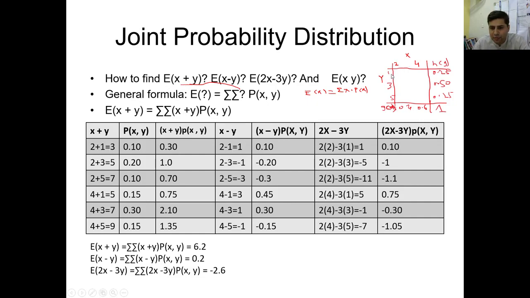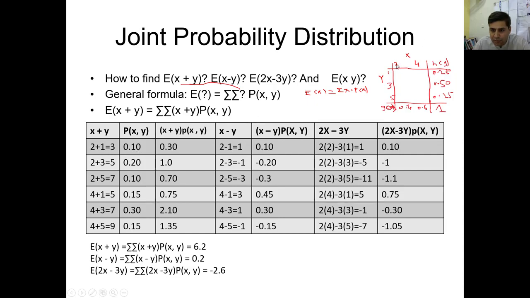So when x is equal to 2 and y is equal to 1, how do you calculate this probability? I have already discussed this in the previous slides, but you can easily calculate it. This is 0.4 and this is 0.25. When you multiply 0.4 by 0.25, it will be equal to 0.10. So when x is equal to 2 and y is equal to 1, you multiply 0.4 with 0.25 and get 0.10.